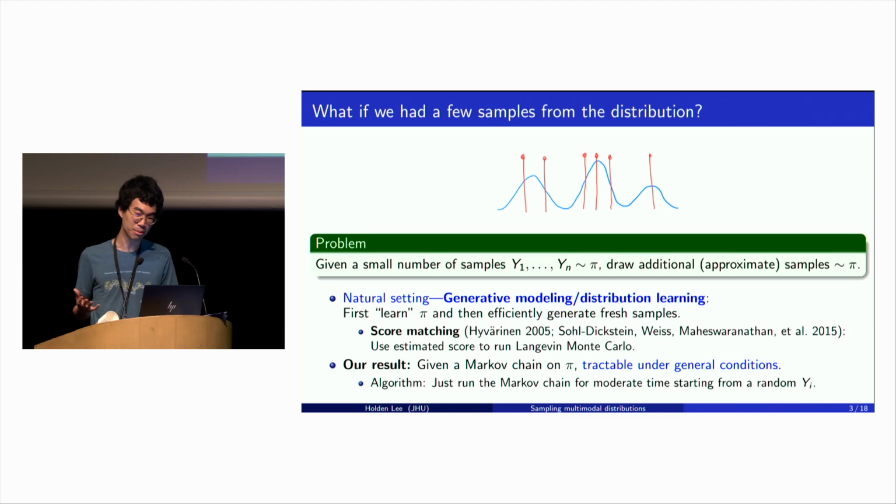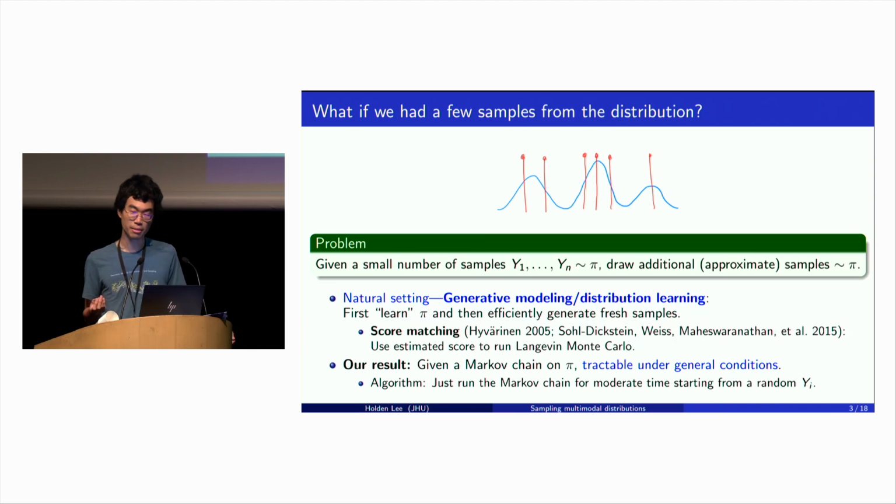So what if we had more information? Let's suppose that we're given a small number of samples from this distribution, and our task is now to draw additional fresh samples from pi. This is actually a very natural setting. It's the setting of generative modeling or distribution learning, where given these samples, we want to learn the distribution and then generate fresh samples. In particular, this is the setting of score matching, where we use an estimated score function to run Langevin Monte